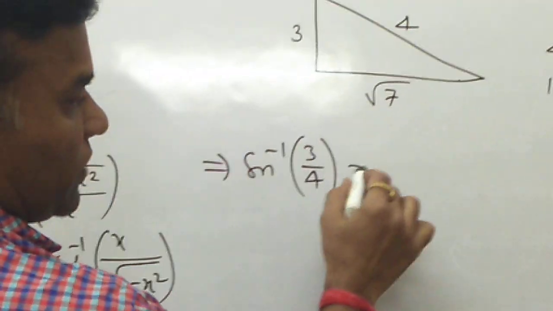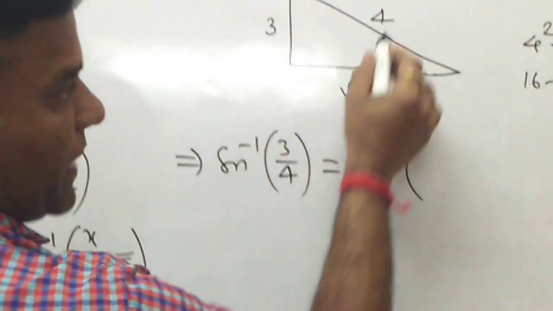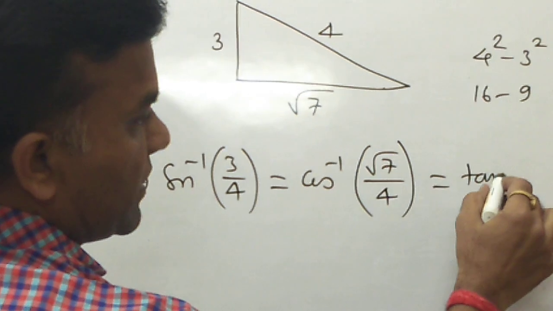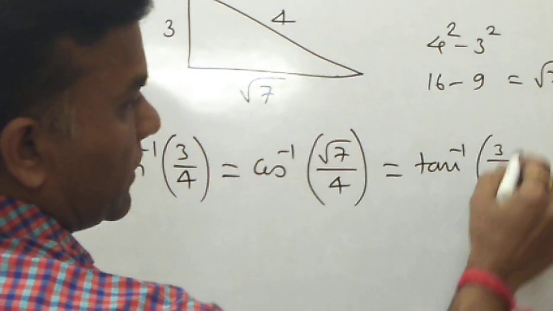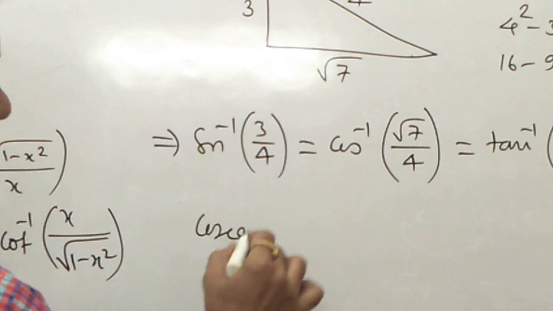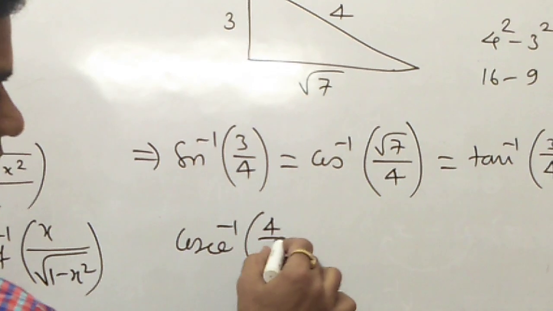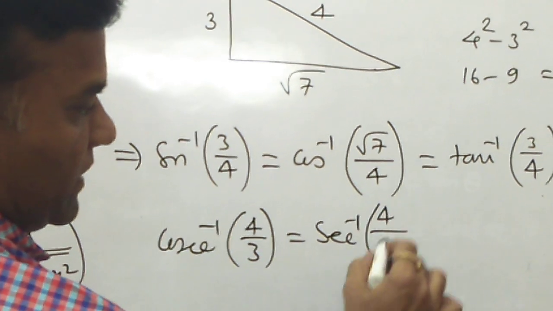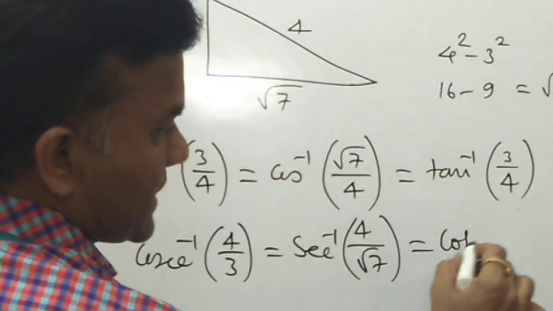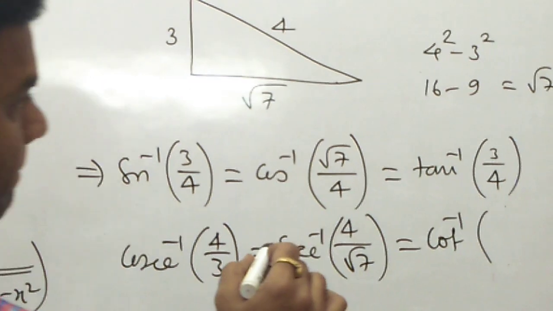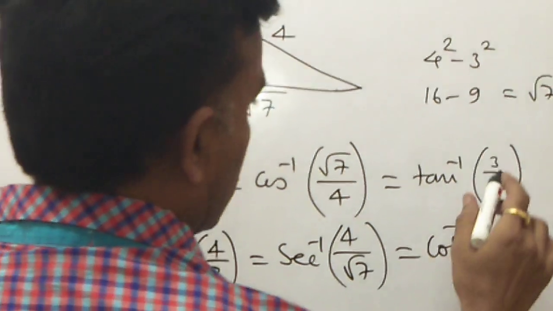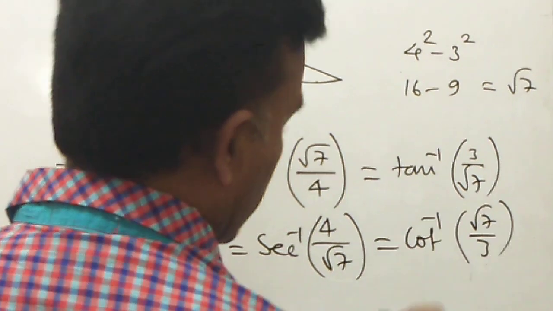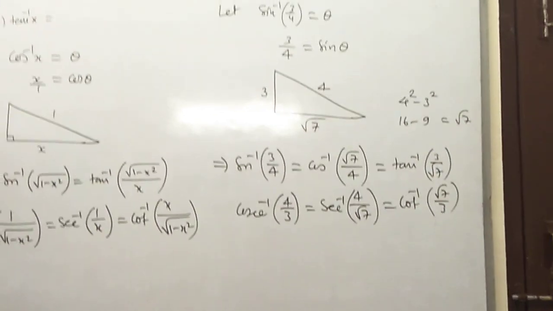Okay, so the second value you write down for cos inverse of b by h, so root 7 by 4. Similarly you write down tan inverse, then it is tan inverse of 3 by 4, and then cosec inverse, you just write down the reciprocal of this value. Then sec, also you write down the reciprocal of this, 4 by root 7. And now cot is again the reciprocal, or you write it from here, sorry, 3 by root 7, so you write down root 7 by 3. So just write down all the values in the form of the reciprocal value.